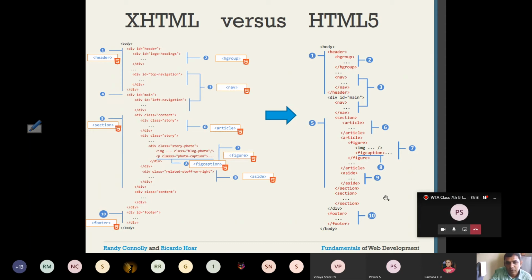So what are these tags used in HTML5? They are semantic elements. Many are there. This diagram will clearly show you the new HTML5 elements. Header is one tag. So header element, hgroup element, nav element, then section, article, figure, figure caption, aside, section, footer.